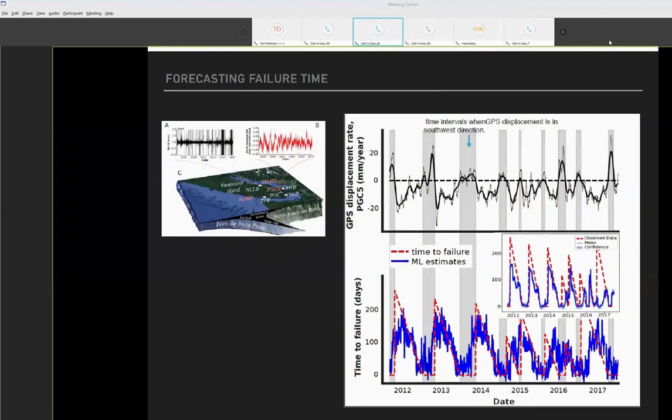And we can also predict time to failure for the slow slip. So going through the same procedure that I described for the laboratory, if you look at the lower right-hand figure, you see time to failure and calendar date. The red dashed line is the ground truth from GPS, and the blue is the prediction. So very soon after a slip event takes place, the system points at the time of the next slip event. And that is true for the first three cycles. Then you see it becomes a bit more irregular.